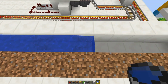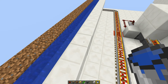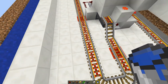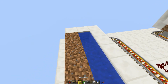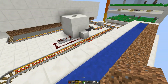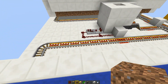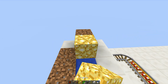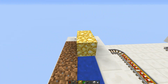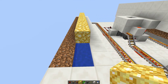You've got to be careful filling this with water, because if you make a mistake and you drop the water onto one of these blocks by accident, it's just going to run down and wash away all of your redstone. So be a little bit careful when you're throwing it, especially as water by redstone and tracks isn't great anyway. So just be a little careful when you're putting water down. And you need to put yourself down a temporary block, pop it out, a line of glowstone or sea lanterns,